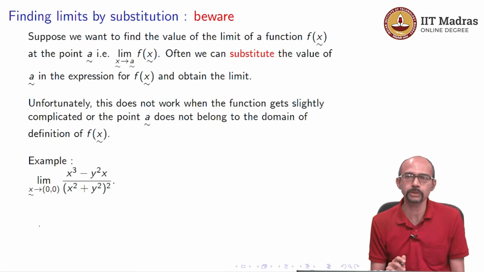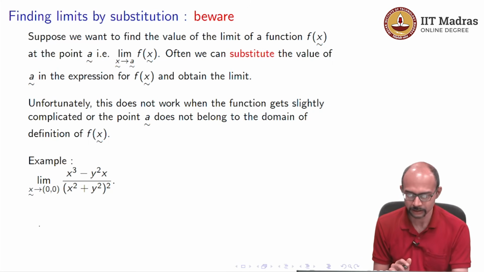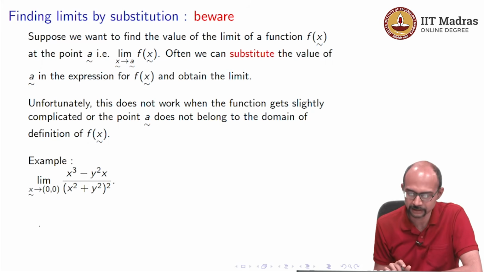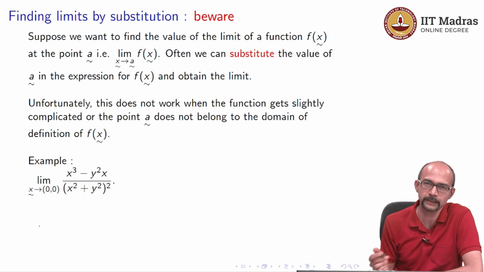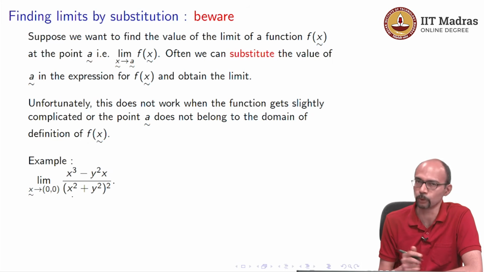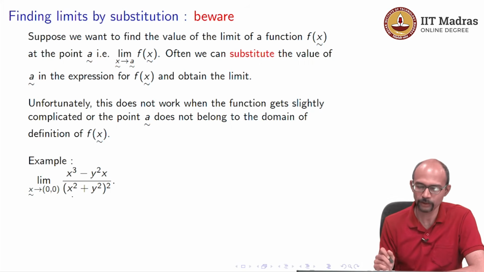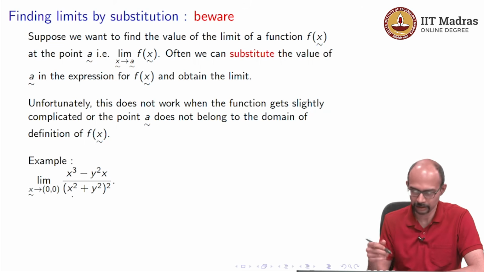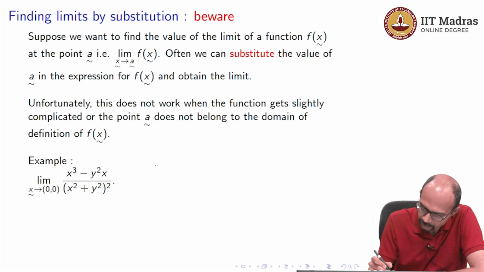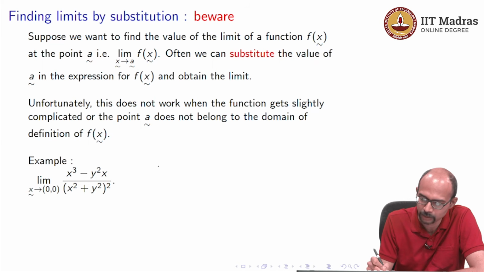Now, we can't use any of the previous things, because if you look at this expression, it is a 0 by 0 type expression. For the rational function f by g, unfortunately the denominator here is becoming 0 in the limit, so you can't use that rule. There is no other rule that we can really use. So, how do I attempt this? We have to try and do this by first principles. Ahead we will also see other ways. So, we will look at what happens to sequences as they come close to (0,0).